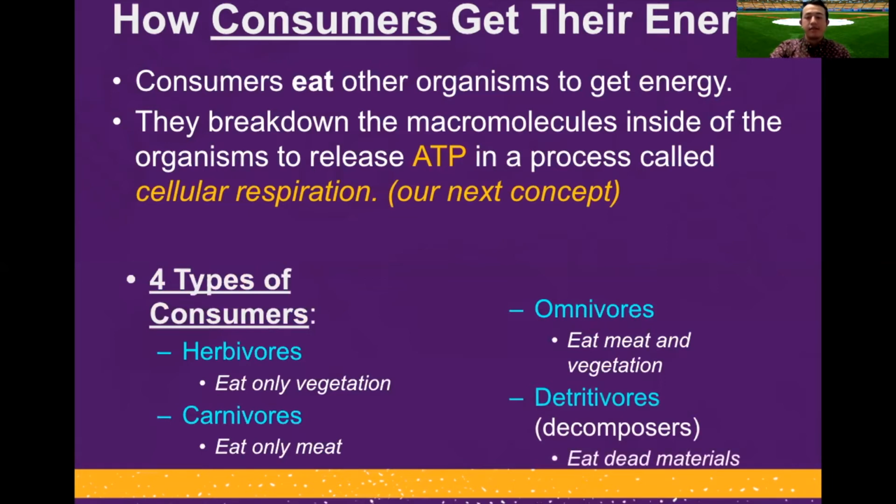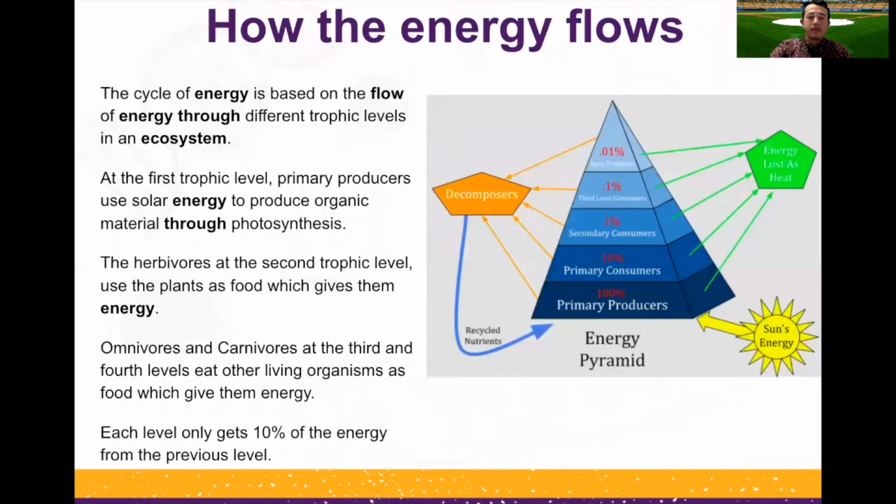And as the slide says, they eat those dead materials. So let's take a look at this slide, how the energy flows. We know the cycle of energy is based on the flow of energy through different trophic levels in an ecosystem. At the first trophic level, primary